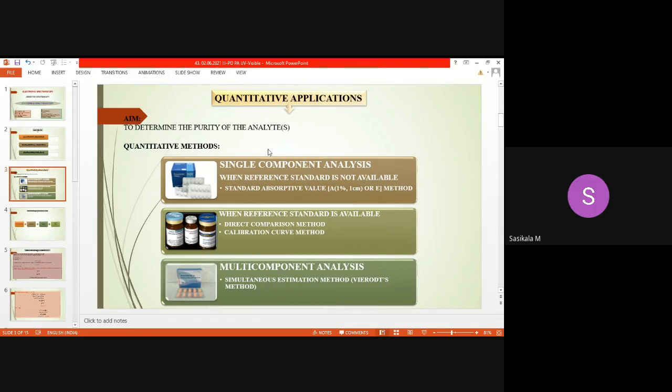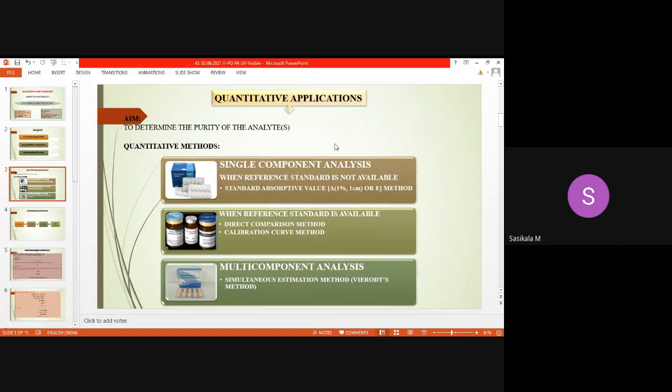You know what is a drug substance? Drug substance is the active pharmaceutical ingredient. Drug product is the formulated form of the active pharmaceutical ingredient. So you can determine the amount from any formulation, or you can check the purity of the bulk drug itself. So these are all the methods available. Clear, no? So what methods will you prefer when you are getting any drug substance? Immediately you want to decide what method is apt for analyzing that particular drug substance or drug product.